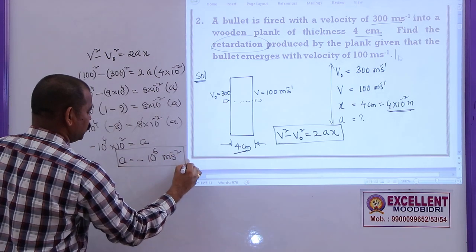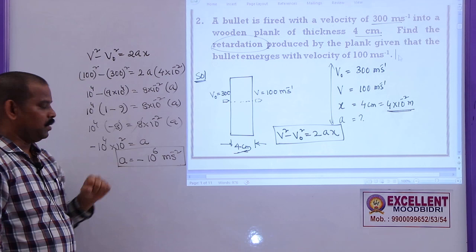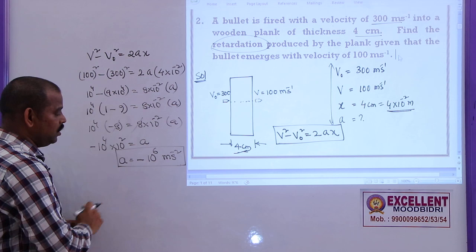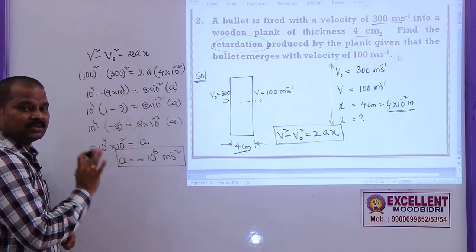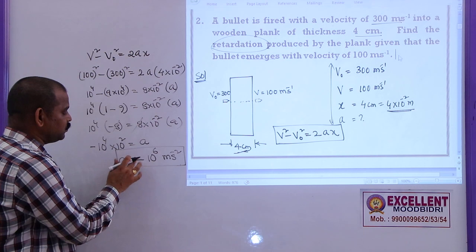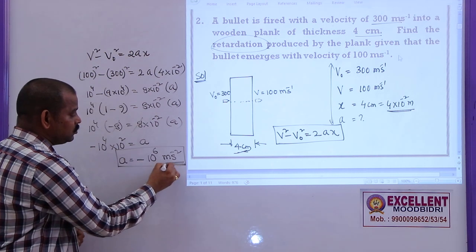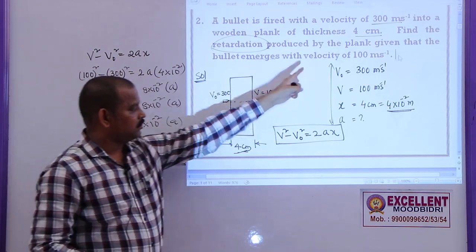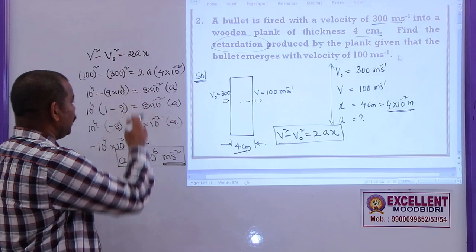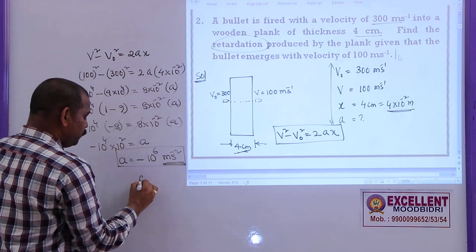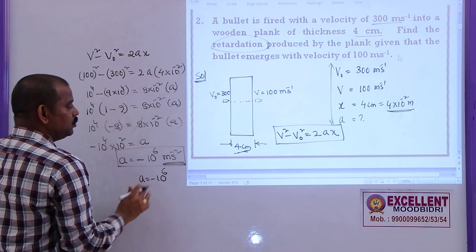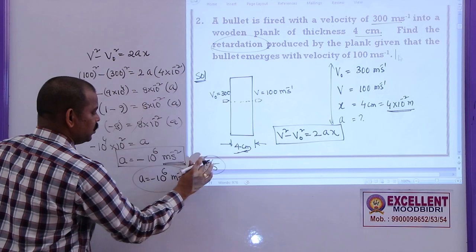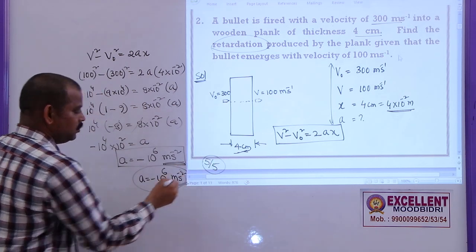And one more point I want to tell you: after solving this problem, while writing the final expression, if it is negative, keep the negative sign here. If it is positive, no need to indicate that sign, because positive remains positive only. But if you forget to write the unit, let us say this problem is for 5 marks, after drawing this diagram, after writing this data, after writing this formula, and after substitution and calculation, finally if you write only minus 10 power 6, you will get 4 out of 5. But if you write meter per second square, then you will get 5 out of 5. That means the unit is compulsory.